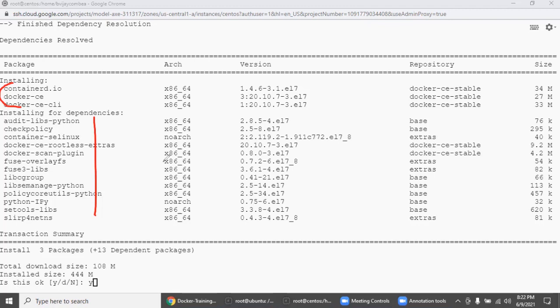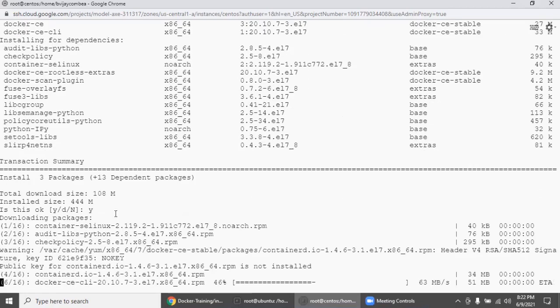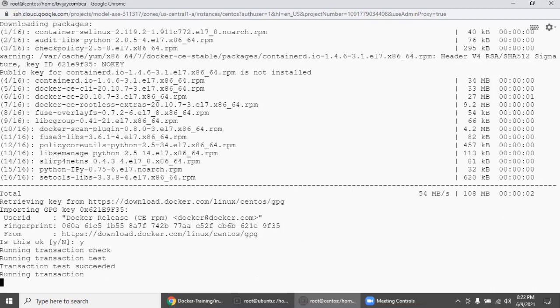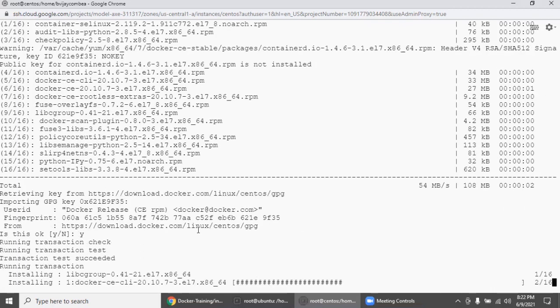So I would really suggest going without -y, then you understand everything is correct. So we are giving yes, add the key. So it's getting installed.